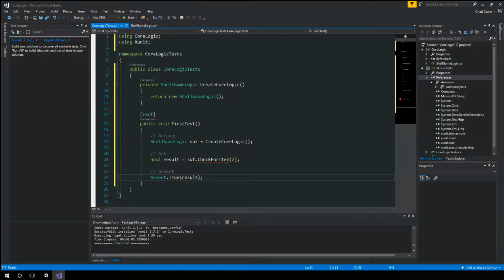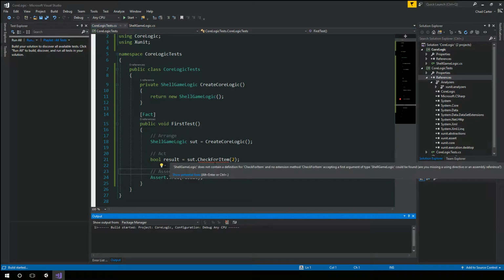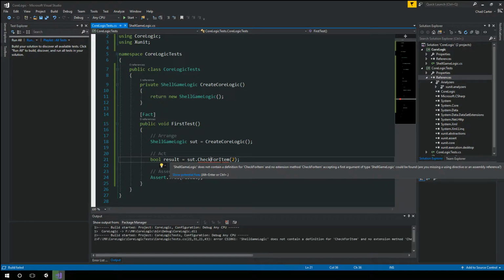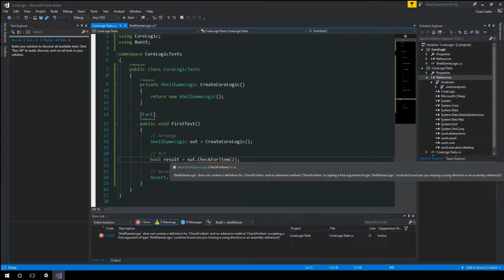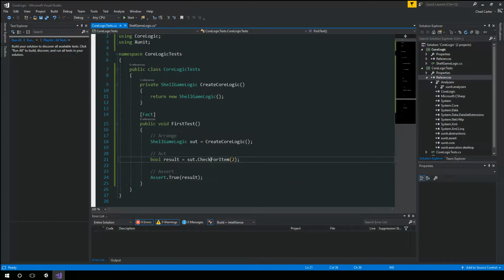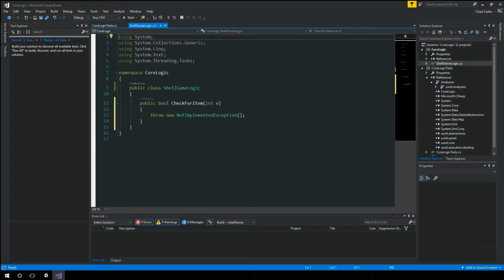So if I did check for item and it's a match, then this should come back as true. So we'll save that. And of course, the very first issue is the fact that we don't have this method. So I'm going to hit Control dot here and let it generate that method for me. And come back over here to shell game logic, and here we have it. Now I'm going to call this item ID. So check for item, pass in the item ID,